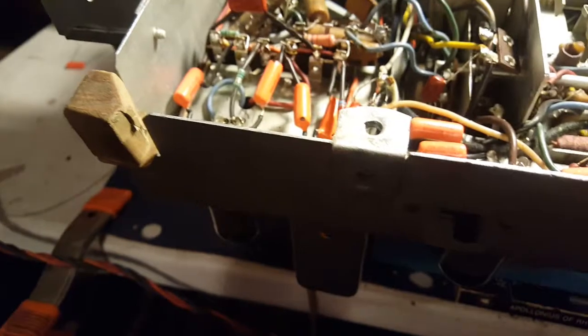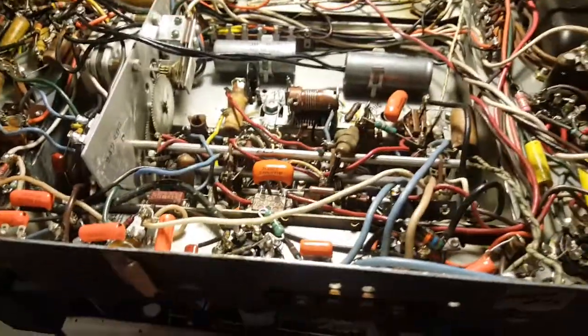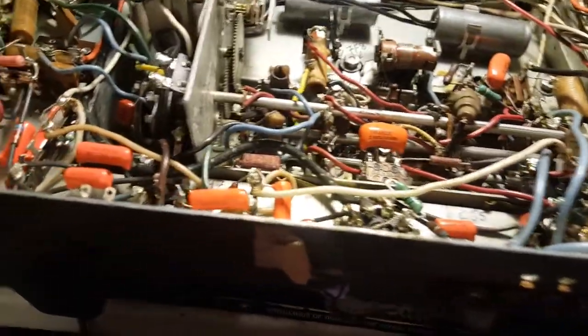But anyway, bunch of orange dips, a few brown dips, Panasonics. And some pink and green resistors. The pink ones are carbon film, and I like to put those in the signal path. The green ones are metal film, and I try to keep those ones in